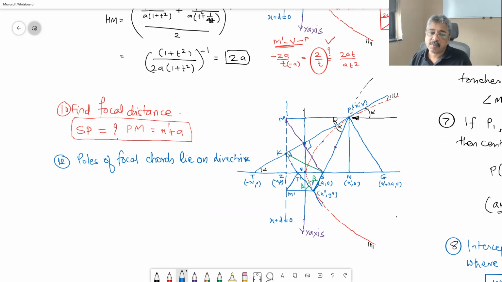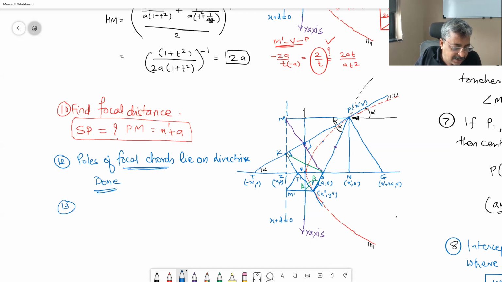the polar of point k, and therefore if you happen to draw any focal chord, if you consider it as a chord of contact, tangents at the extremities of that focal chord will intersect on the directrix. We have already seen this property, and therefore this is done. If you assume the polar, the poles of a focal chord, that is our polar, it is supposed to lie on the directrix. Done.